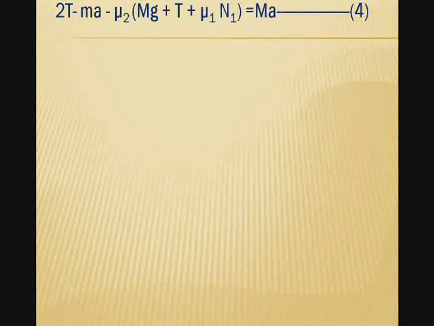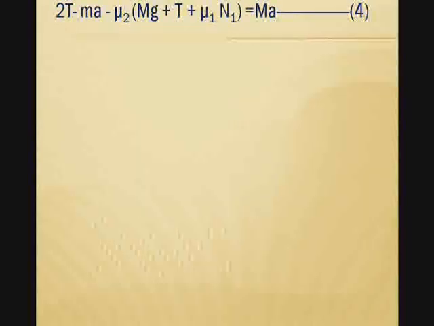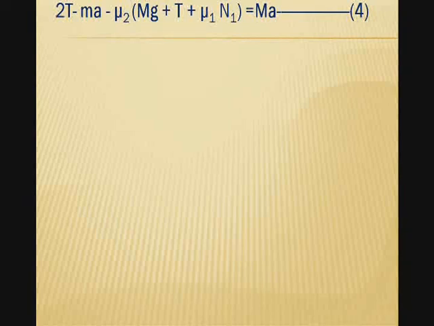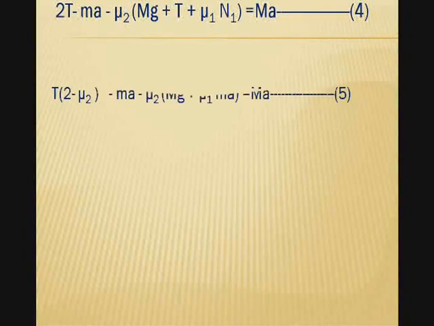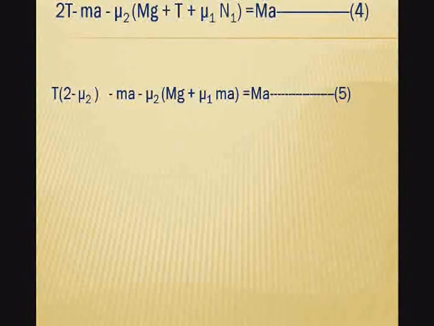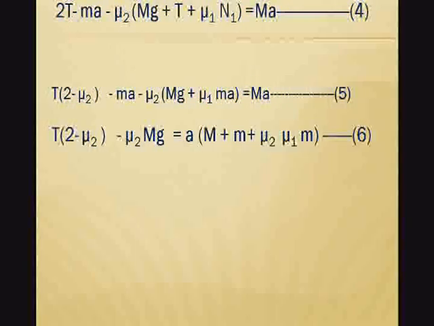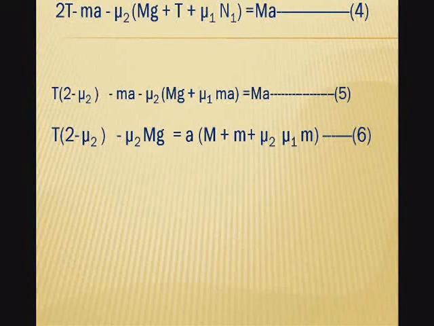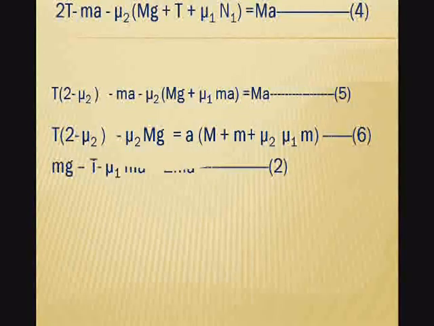So this is our equation: 2T minus ma, where the value of N1 is ma. So on substituting the values, we got this equation, and now on rearranging, the equation will come like this. So T in the bracket 2 minus mu2 is equal to this, and on further rearranging the equation will come like this. So (2 minus mu2) into T minus mu2 capital Mg is equal to a in the bracket M plus small m plus mu1 mu2 into m, and we have the equation 2,